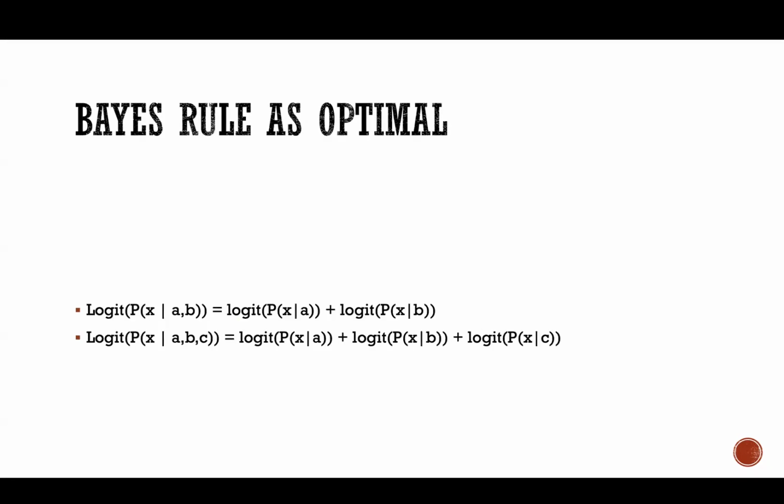So from our perspective, it makes no difference to do the logit of source of information 1 plus the logit of source of information 2 and simply keep on adding. Why? Because the posterior is equal to the prior plus the likelihood, when we work on this logit scale,